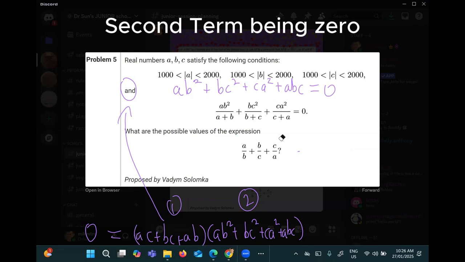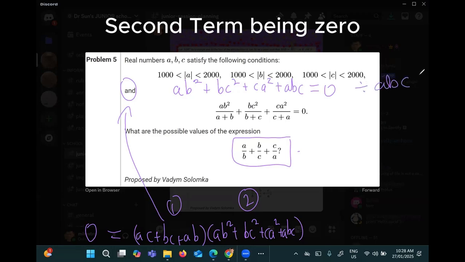Remember what the actual question's asking you. It's asking you what about this, right? So you might want to try to get that into that form, A squared C. You've got to get these things, right? Look at this, it's got AB squared. What if you divided both sides by